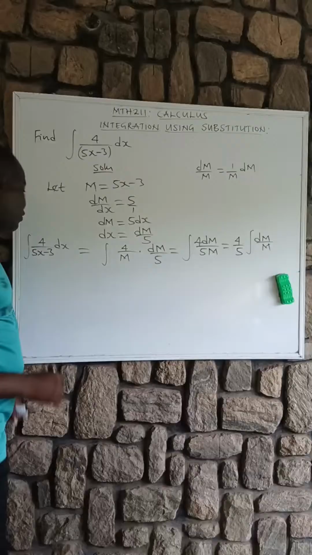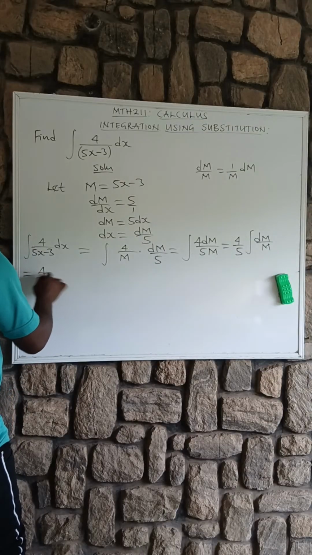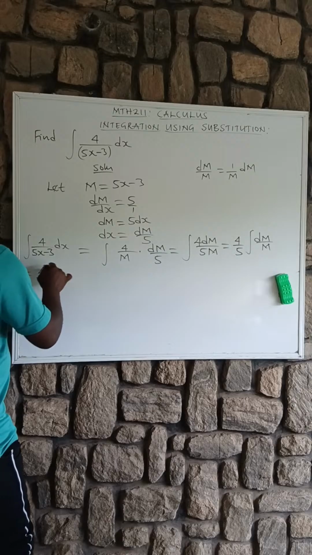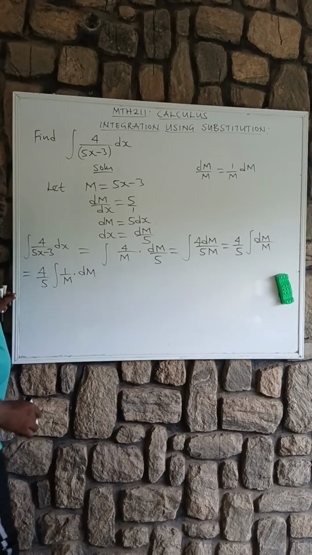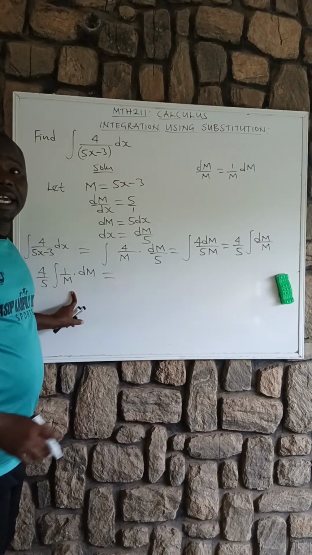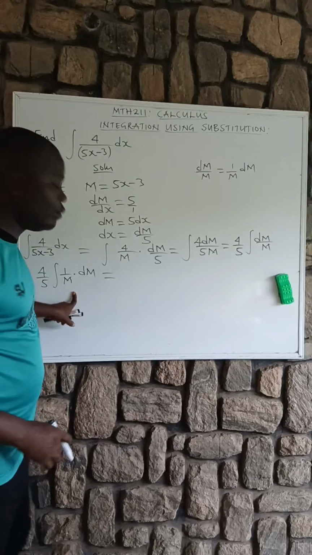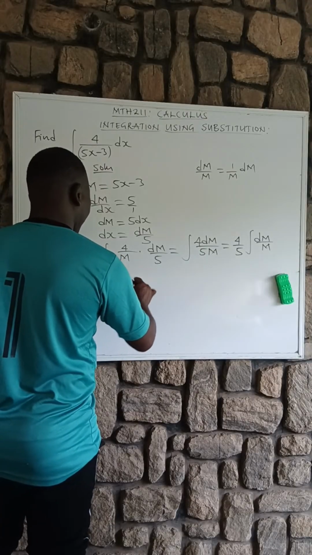Because I will refer you back to here: 4 all over 5 integral. This is the same as 1 all over m times dm, true or false? So if you integrate 1 all over m, what are you supposed to have? ln, true or false? So here we have 4 all over 5 ln